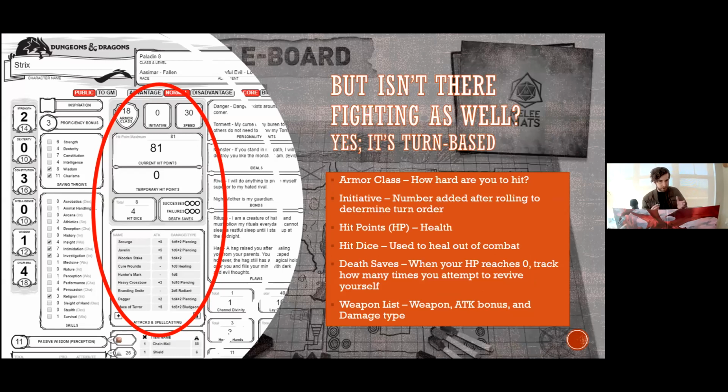Now, there is fighting as well, and it is known as turn-based combat. I know that this is a quick 180. We just went from role-playing to fighting, and it's a lot more information that's just coming your way. But again, if you save your questions for the end, I will do my best to answer all of them. So I'm using the same sheet that we saw earlier in this presentation, and character sheets are